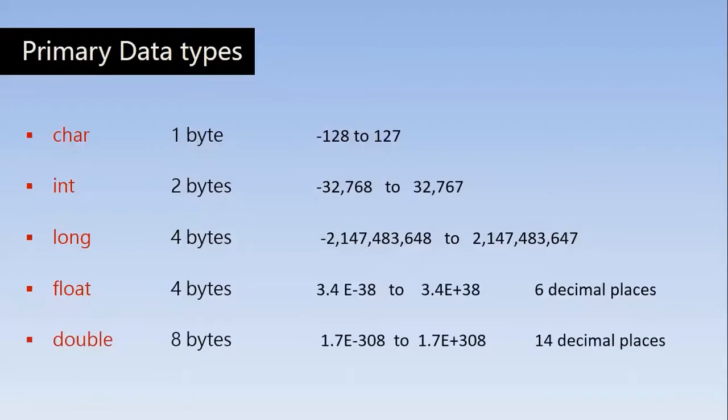And a double is also a type of float variable, but it can have 14 decimal places after the decimal point, and you can find out the range of a double variable. And there is one more data type called void, which is an empty data type, normally used with functions or subprograms. It cannot be used along with variables, but it represents the return type of the function where we use it.